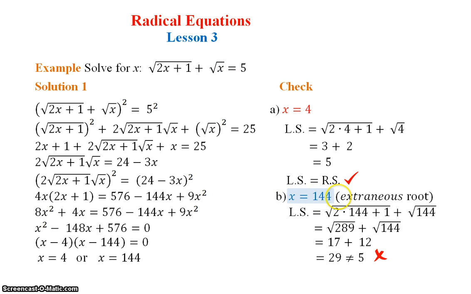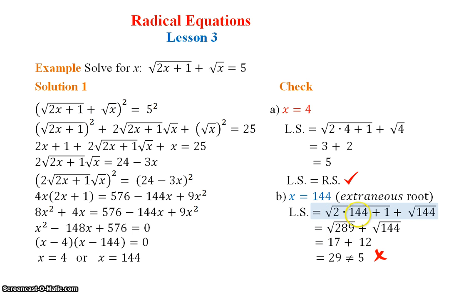But 144 would be an extraneous root. Substitute into the left side. The left side would be square root of 2 times 144 plus 1 plus square root of 144. Too big. Indeed, 2 times 144 is